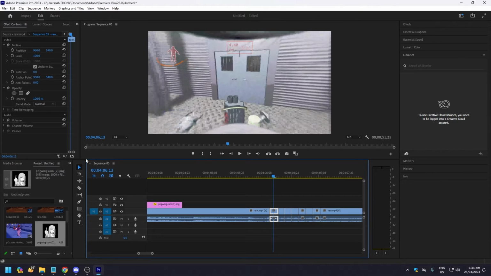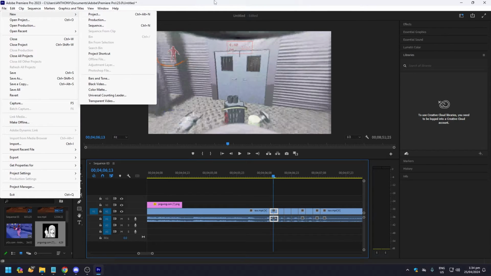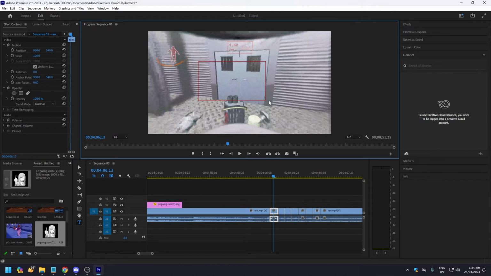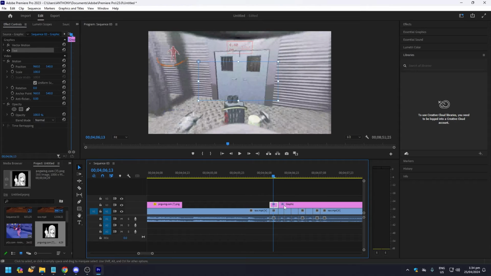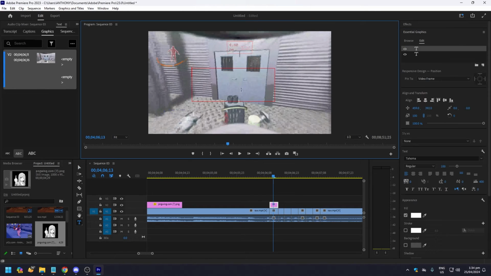Right, so how do you add text? You see this menu bar here? It's the T. Before, you needed to go to File or New and then Legacy something. But now with 2023 and newer, the text tool is just here. So click on this, put the nope here, and just double click on it so you can actually write the nope,